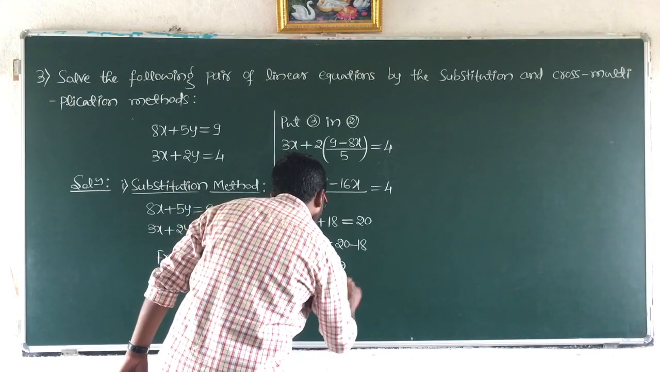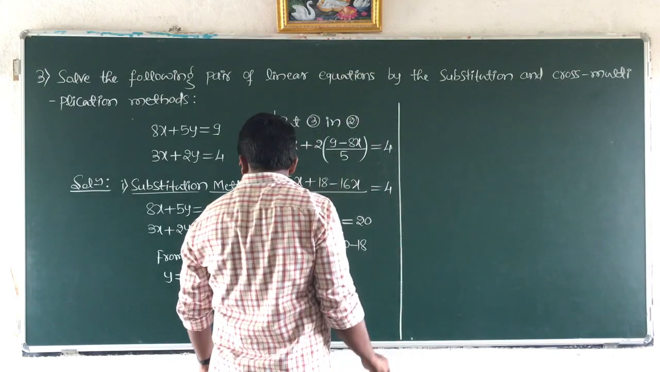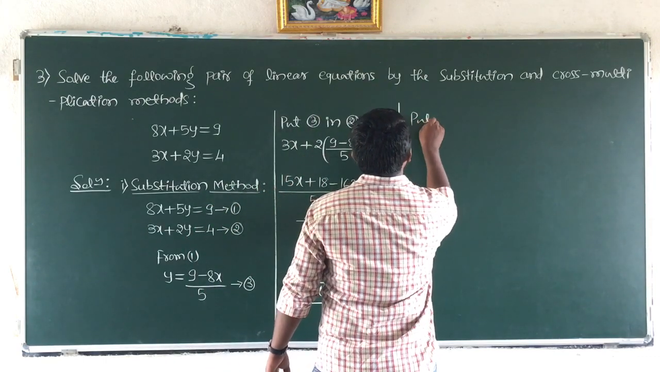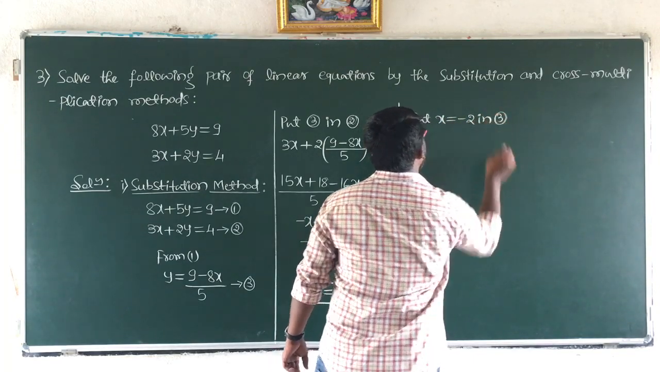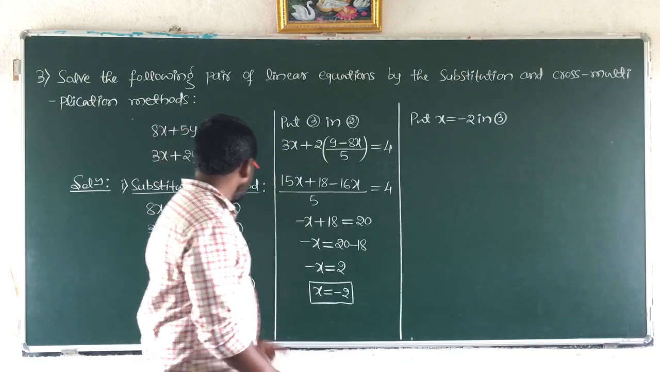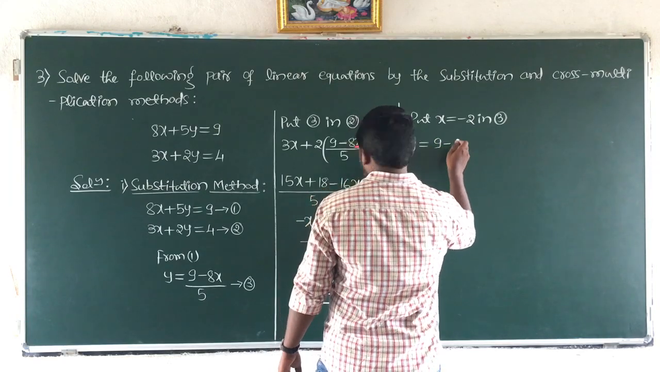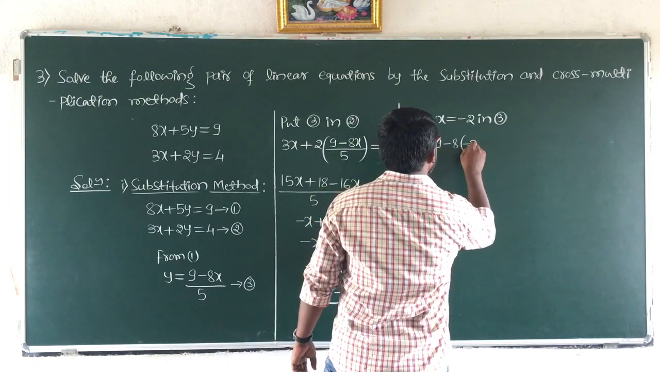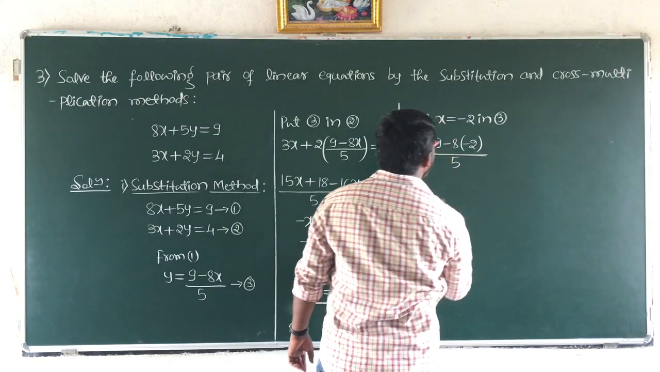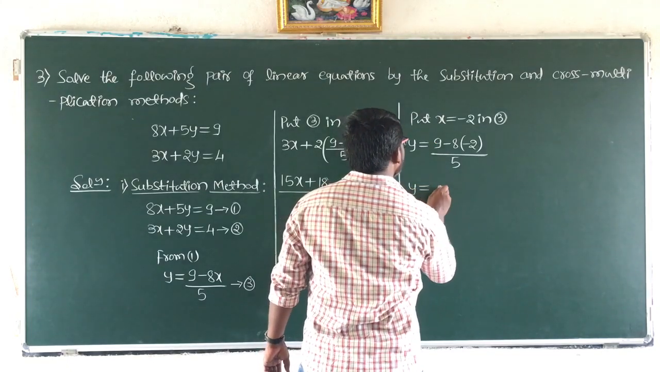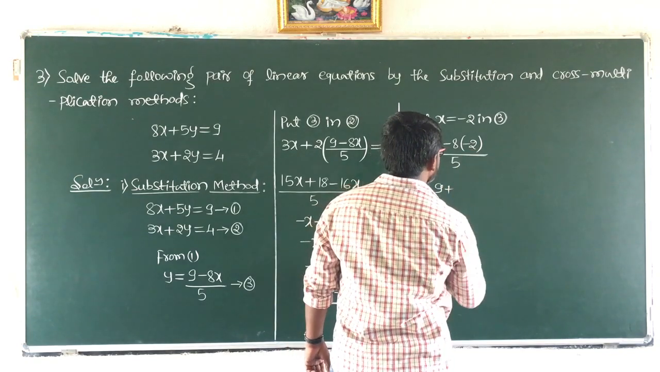We have got the value of x. Now put x equal to minus 2 in equation number 3. We get the value of y. So y which is equals to 9 minus 8. In place of x I write minus 2 divided by 5. So y which is equals to 9 minus into minus it is plus 8 into 2 it is 16